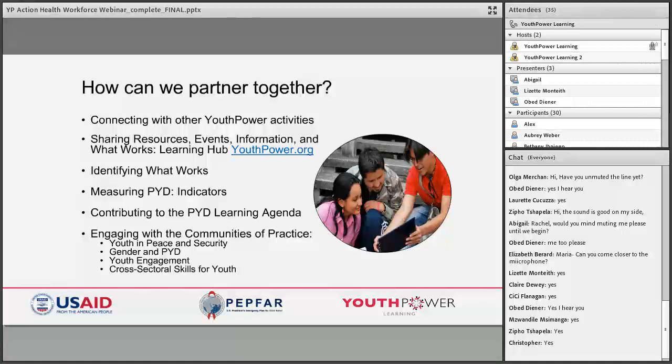We have identified what works, and so there's a whole section on what works in positive youth development in different areas on the website. There are indicators for how to measure PYD, both on a cross-sectoral basis, but also some specific indicators that have been selected for how to measure youth engagement and other areas of positive youth development. And we've developed a positive youth development learning agenda, which if you're interested to learn more about it